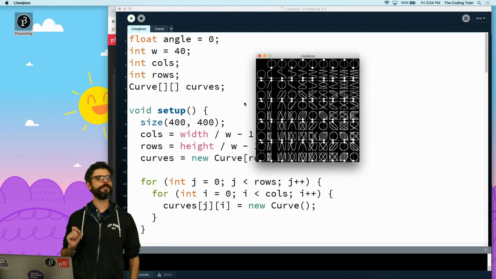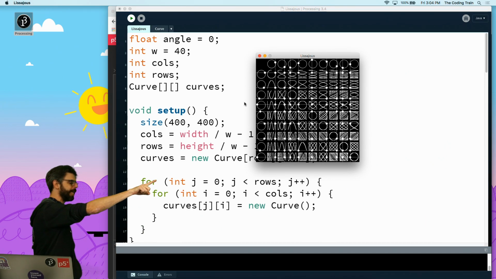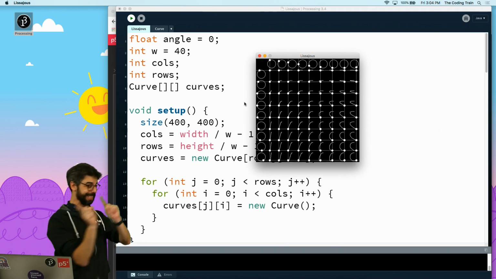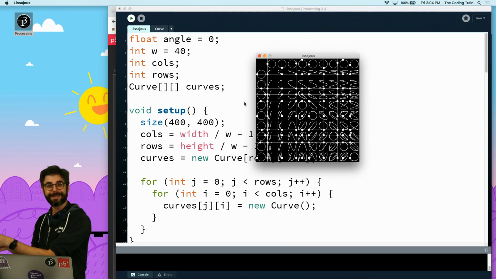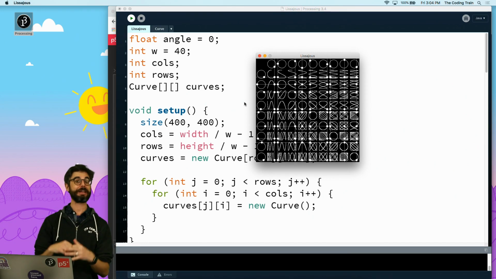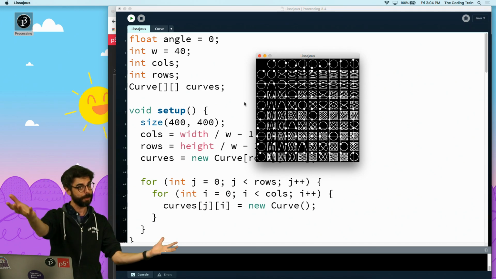Hello, this is a quick follow-up video from my Lissajous coding challenge, which you can see running here in a 400 by 400 window in Processing. What I'm going to do in this video is take all this code, copy it into the P5.js web editor, and convert it all to JavaScript. Can I do that in just like 5 minutes and get it running in Canvas in the browser so you can use that code if you want to make a browser-based version?